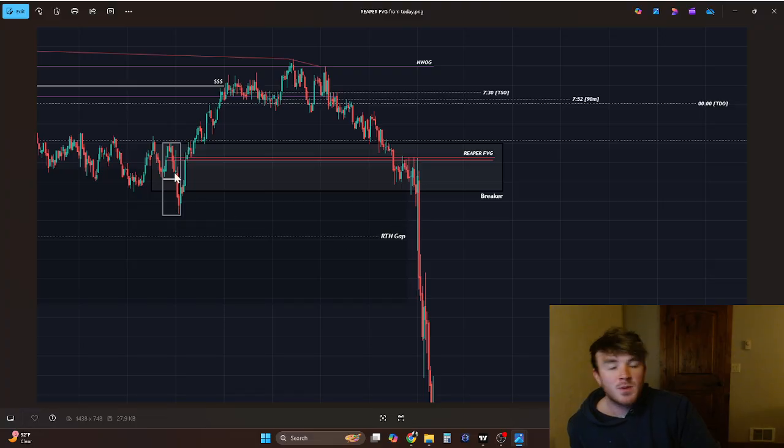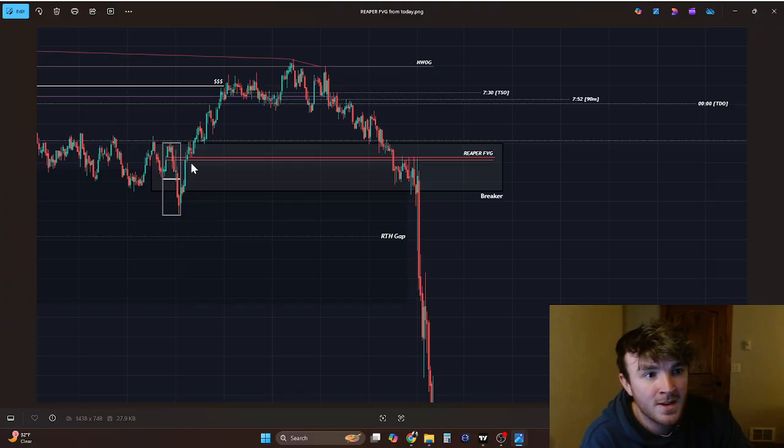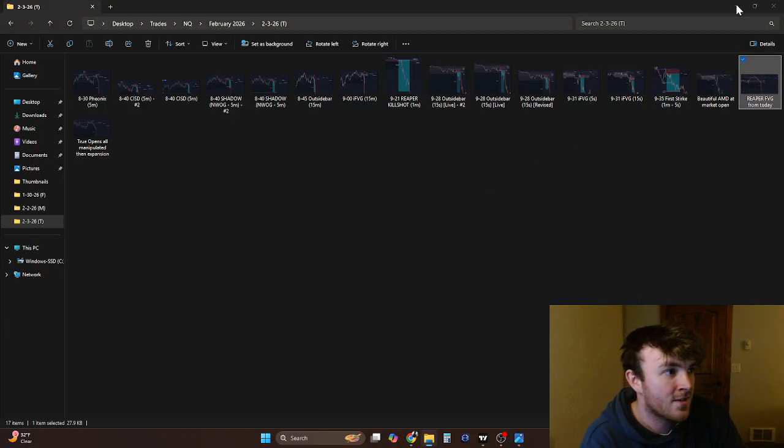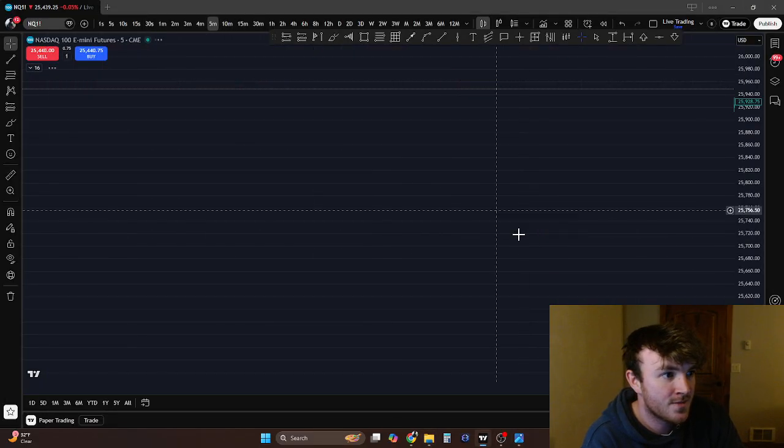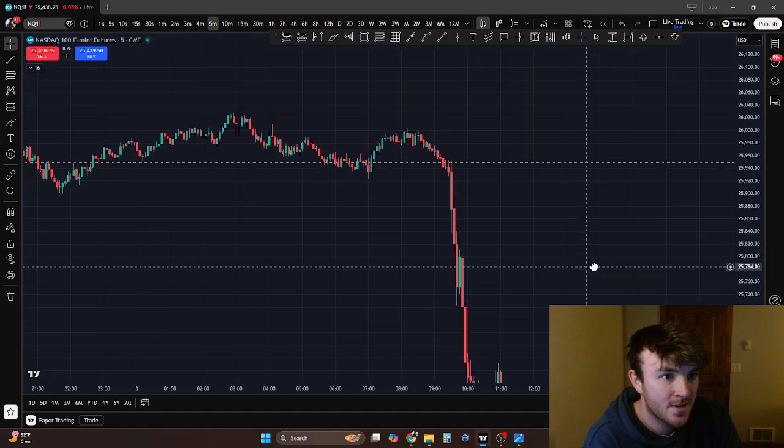By the way, if you don't know what a Reaper value gap is, it is basically a gap in premium of a breaker block. So here's the breaker block, and you can clearly see this on the higher time frame. I'm going to show you on the higher time frame first. So we have a breaker block, which is